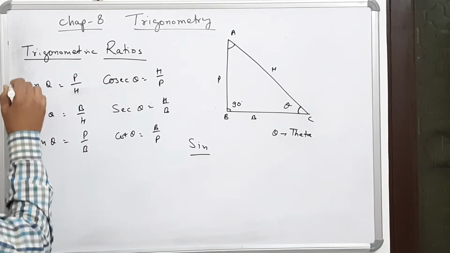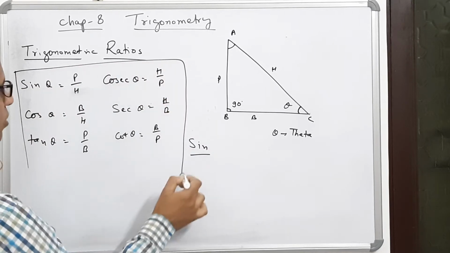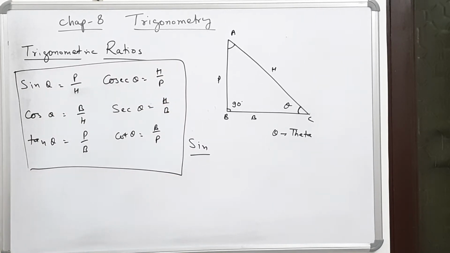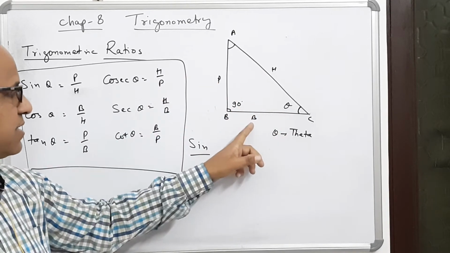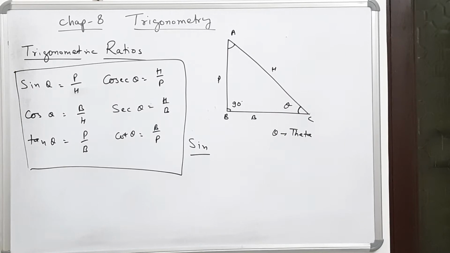there. So the first important part here is we have to learn these formulas. Perpendicular, again I told you, is the side opposite to the angle. Base is the adjacent side. Hypotenuse is the side opposite to the right angle. So before we begin our chapter, these are the important formulas which you have to learn very nicely without any confusion. Now I am taking a problem from exercise 8.1 and you will see that we are using these formulas in that particular problem. Exercise 8.1.